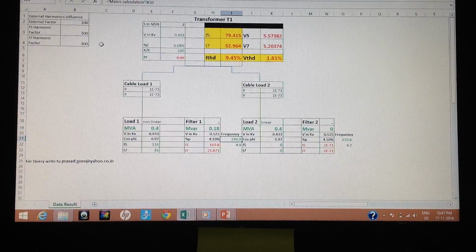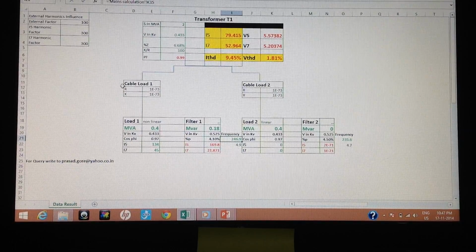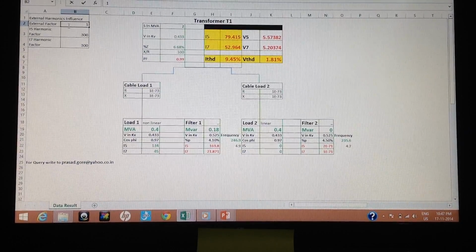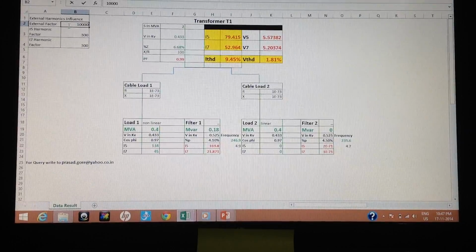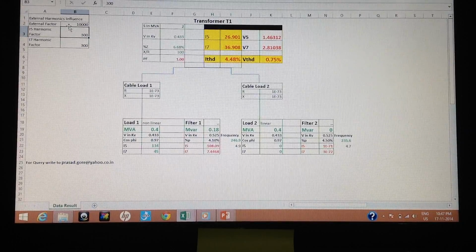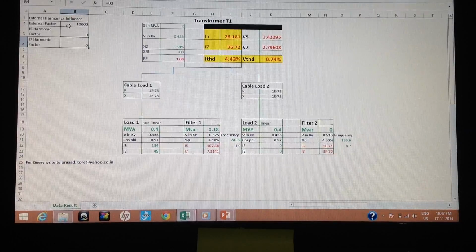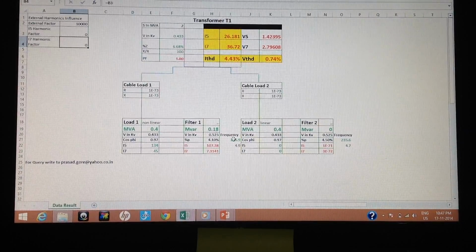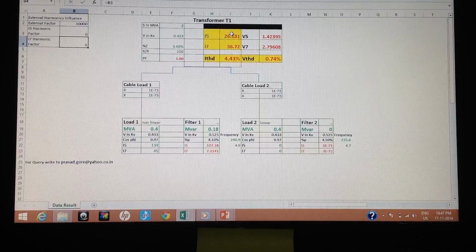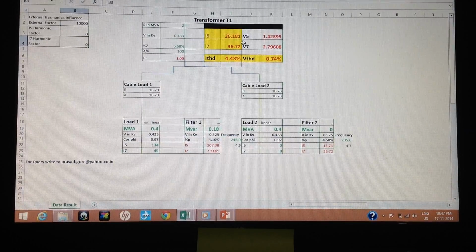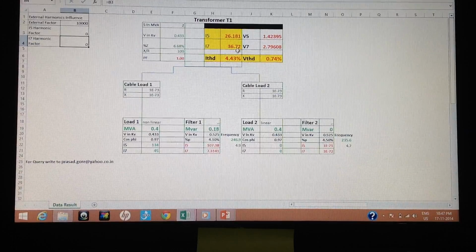Now, when the situations are very good, let's see what happens. When the situation is good, I need to say this is high and there is no external harmonics. See the effect. With 246 frequency, from 134, you can achieve 26. From 45, you can achieve 36. This is basically tuned for the fifth, so the 7th harmonic filtering will not be that much.